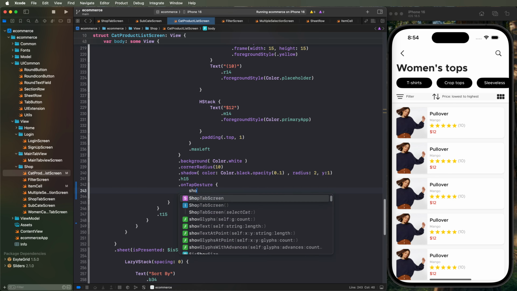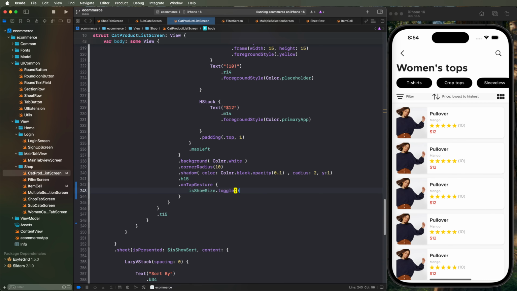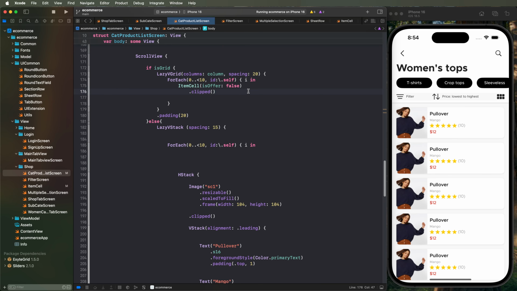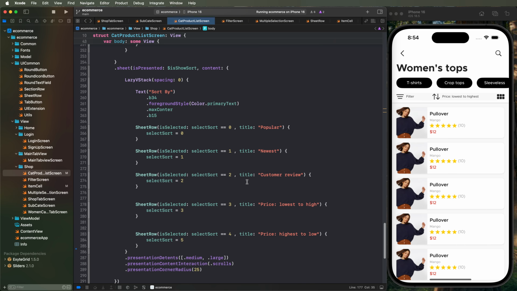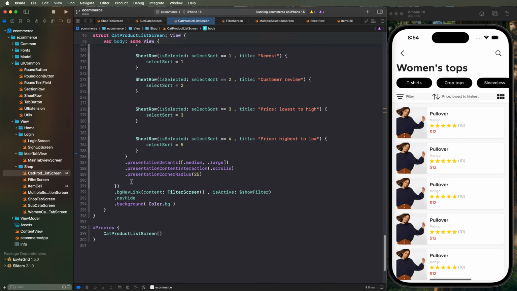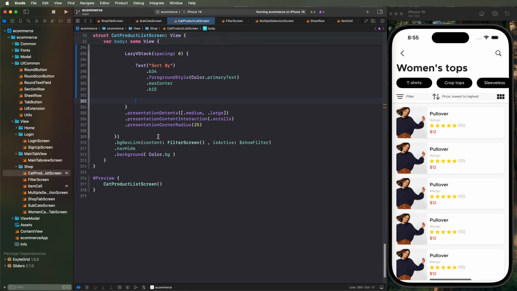Now we need to write down isShowSize. We need to call this toggle. Again, the same here for this clipped. After that we need to get the on press event, like set and show toggles. Now, same as before, copy the VStack with these titles. Copy these and paste them. Now paste, remove the unused code, and set the